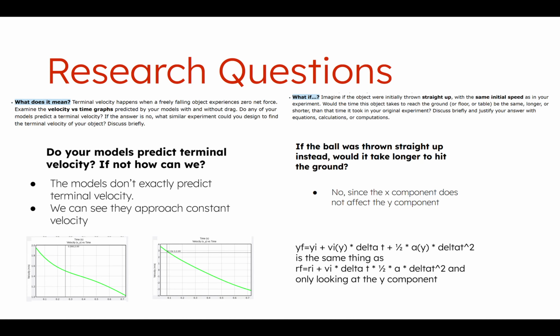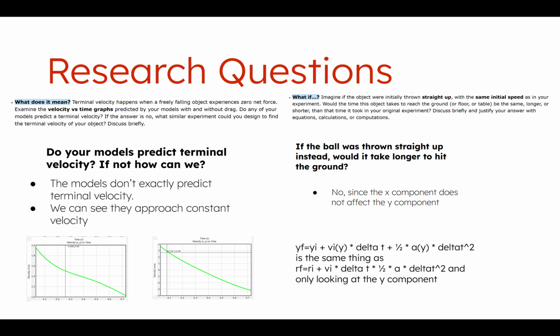The two research questions. The first one asks, do our models predict terminal velocity, and if not, how can we? Our models don't exactly predict terminal velocity because terminal velocity comes within some time and a lot of acceleration. As you can see, our graphs approach terminal velocity, and you can see they are approaching a constant velocity. But if we want to model it, we would have to give it some time until it leveled off to